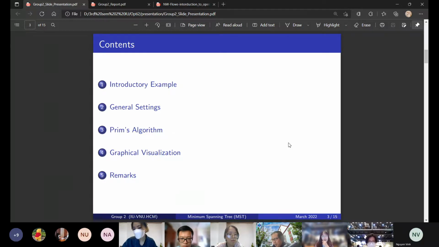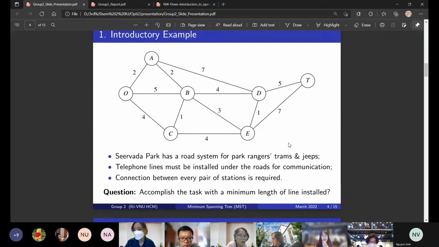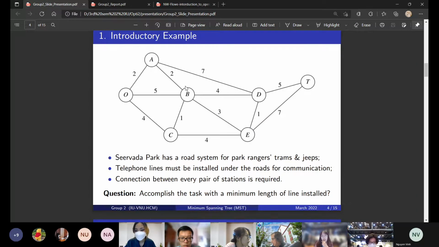This is the draft of the road system of Sivada Park. The park wants to install the telephone line under the road for communication. Therefore, the Sivada Park management needs to design the telecommunication network that connects all the nodes with the minimum total length of line. As we can see from the graph, there are nodes and distances with the thin lines, and these thin lines here represent